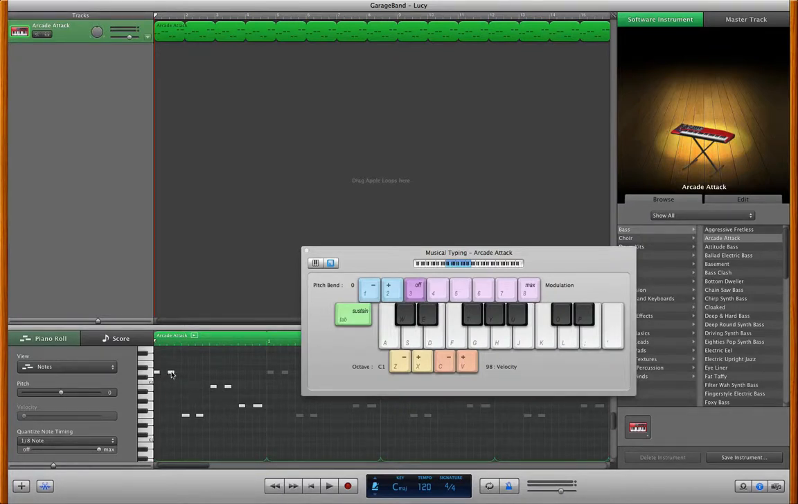They can actually be edited. You can click on them and drag them up and down. And you can also drag at the end and make them longer. And if you want to make them all longer, for instance, at the moment they sound short like this,